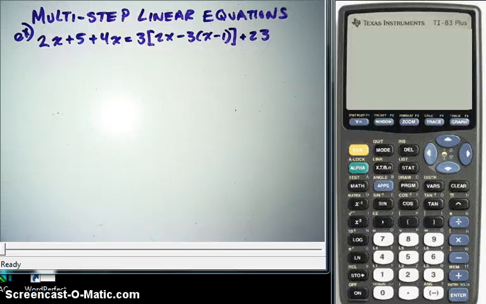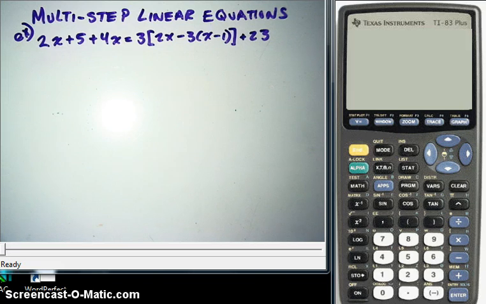Hey everybody, this tutorial is going to go over multi-step linear equations and how to solve them. Up on our screen right now we see an example of a multi-step linear equation. The three steps that you're going to have to go through when you see one of these like this that